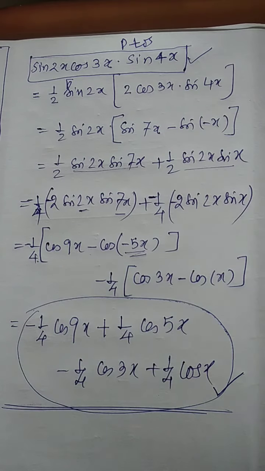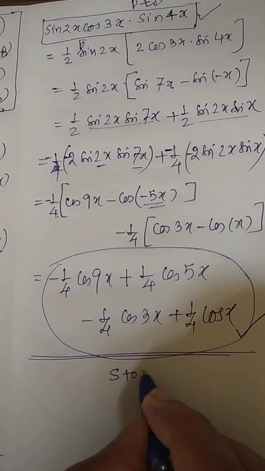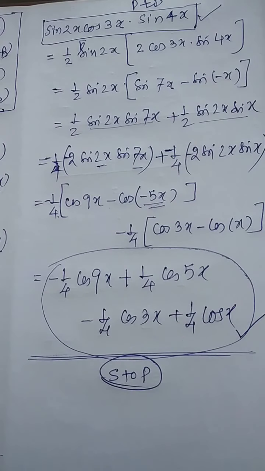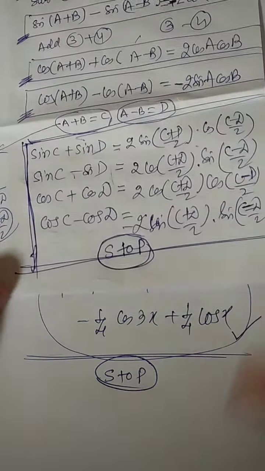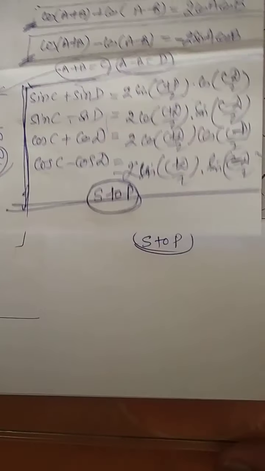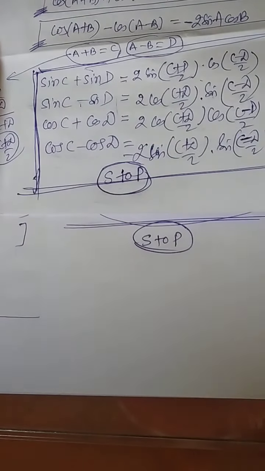So now I have explained what is P to S. Now I am just talking about the S to P form. Whenever a sum is given and you wish to write a product, I am putting the formulas in front of you one more time. Look at those formulas and do not get confused. These are the formulas which I am supposed to use while answering the question.